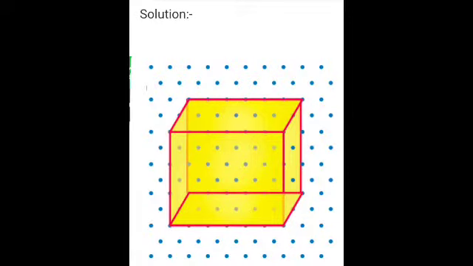Now if you observe, to keep the length of such cuboid equal to 6, you have to connect the points in such a way that there should be a gap of 6 for the length, a gap of 2 for the base, and a gap of 3 for the height. This is how you have to draw the cuboid through this isometric dot.